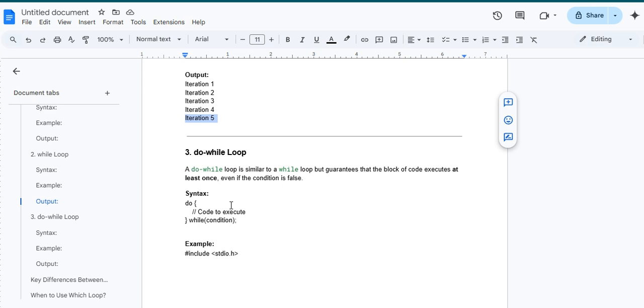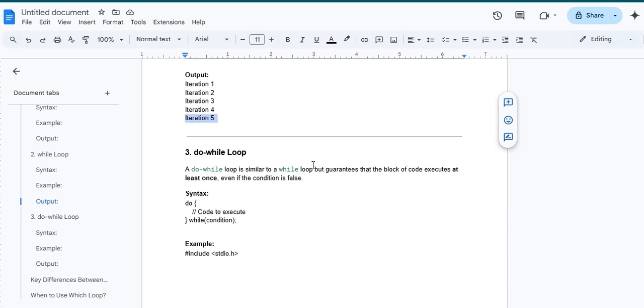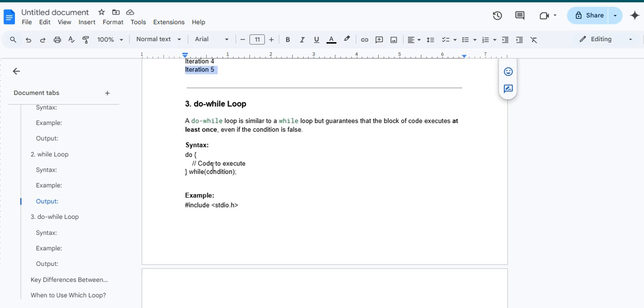Coming to the next part, the do while loop. A do while loop is similar to the while loop but guarantees that the block of code executes at least once, even if the condition is false. Syntax: do { code to execute } while (condition);